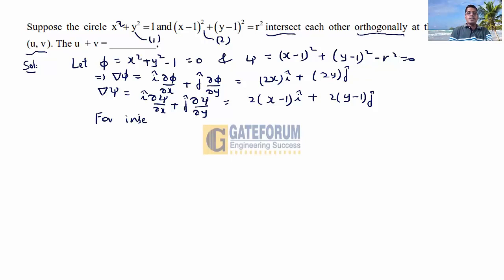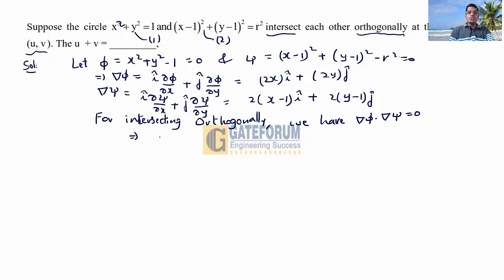For curves intersecting orthogonally, that is, the angle between the two curves makes 90 degrees, we have, according to the vector calculus normal differentiation approach, del phi dot del psi is equal to 0, which implies